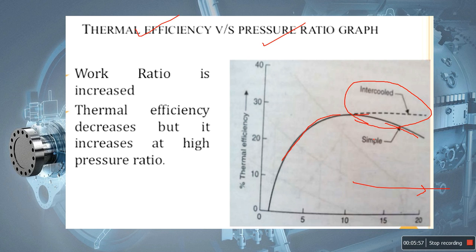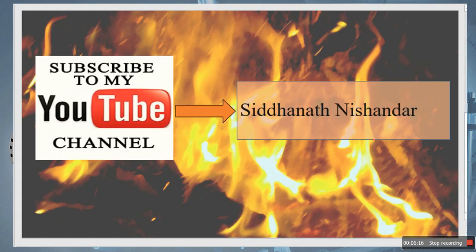Again I repeat all the processes. In the regenerator, fuel consumption is reduced. In reheating, the work done of the turbine increases, and in the intercooler we reduce the compressor work. So the overall thermal efficiency of the plant increases. These are three very important terms that they ask in every exam, for a short note, or to explain with the help of PV and TS diagrams how we improve the efficiency of the open cycle gas turbine. There are three methods: reheating, regenerator, and intercooling.